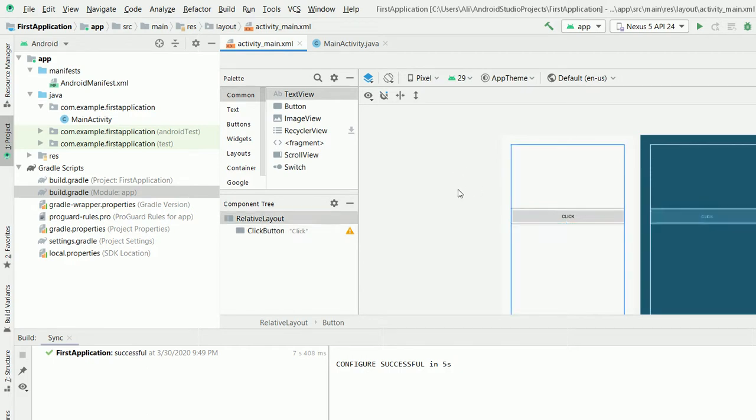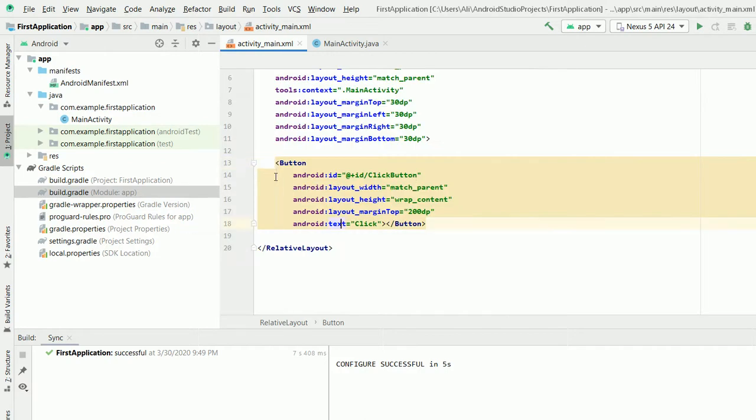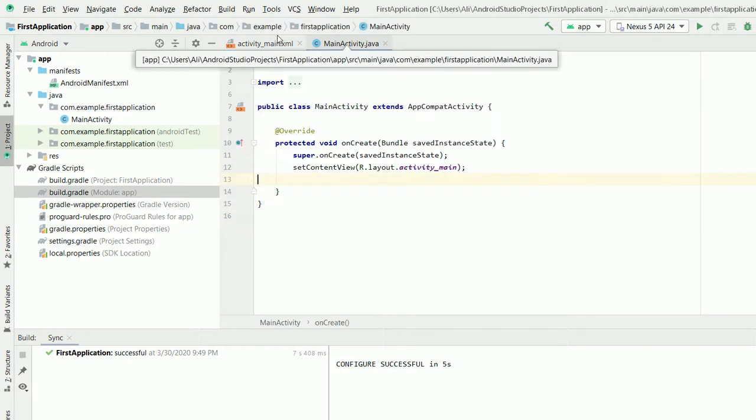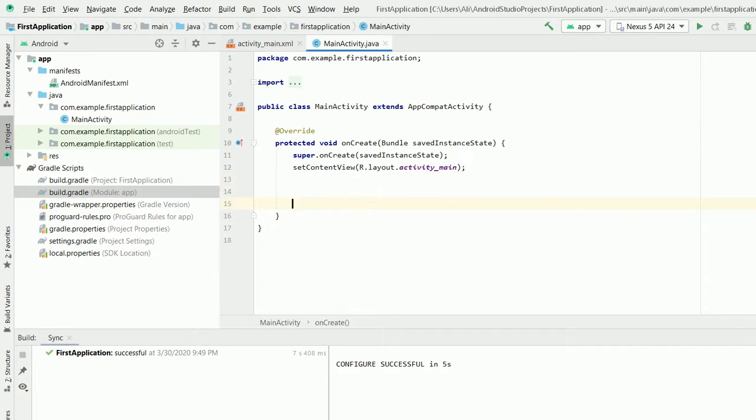Okay, done. Now we have here the click button. I want that when someone clicks on the click button, it should display the message, welcome to my first application. Now the code we cannot write down in the XML. You have to click on the MainActivity.java, and now here within onCreate we have to write down our